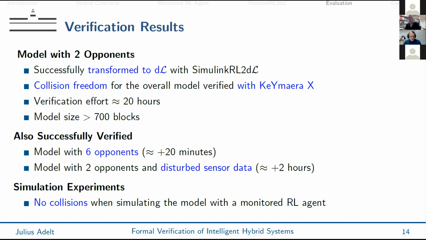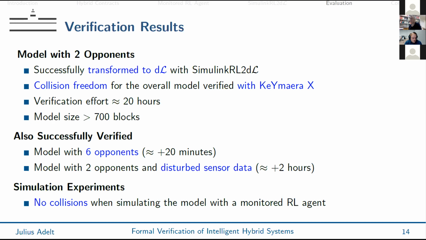Right, and this now enables us to transform Simulink models with reinforcement learning components into dL. So we successfully did this for a case study. We then verified collision freedom for the overall model with KeYmaera X. The verification effort was about 20 hours for a model with size more than 700 blocks.